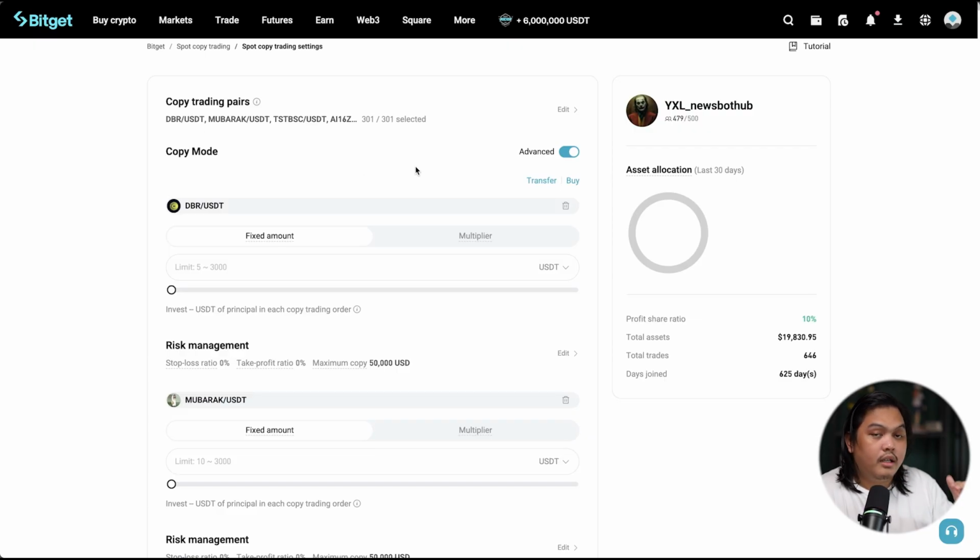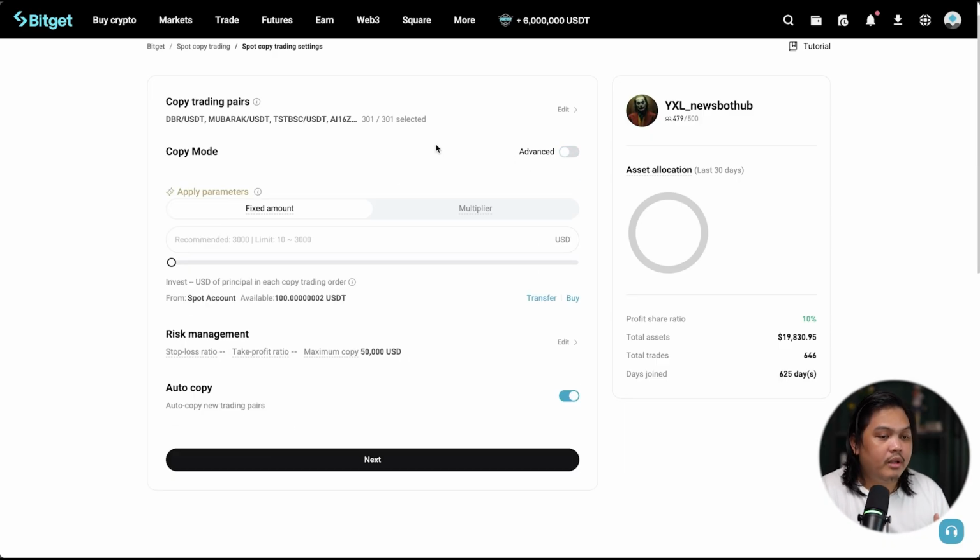It just enables settings for each trading pair. So if you have 301 pairs selected over here, you have 301 advanced selections, one for each pair. This is handy if you want to have different risk settings for each particular trading pair. But if you're new, I'd suggest leaving this as is.